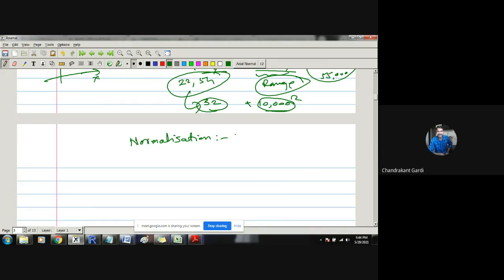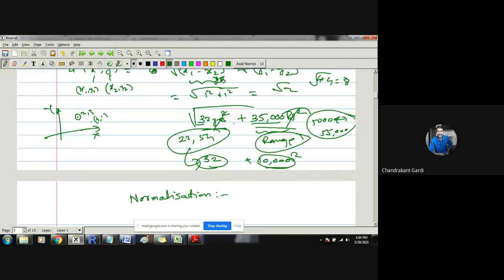There are different ways of normalizing the data. I'm not talking about statistical normalization; I am using what it verbally means. When we talk about normalization, there are different techniques. What we have studied in statistics, the value minus its mean divided by its standard deviation, is also one kind of standardization or normalization. But that is not the only normalization, because that reduces the data to a standard normal distribution, and here we are not sure that this data is normally distributed. Again, we don't want to go into distribution theory.